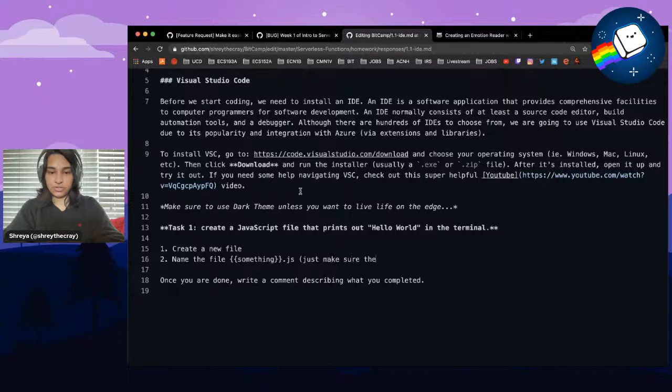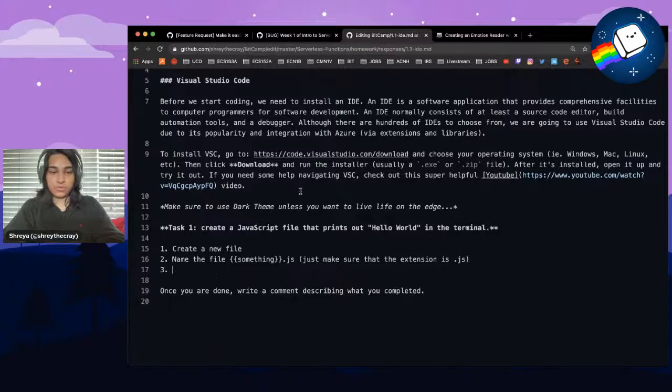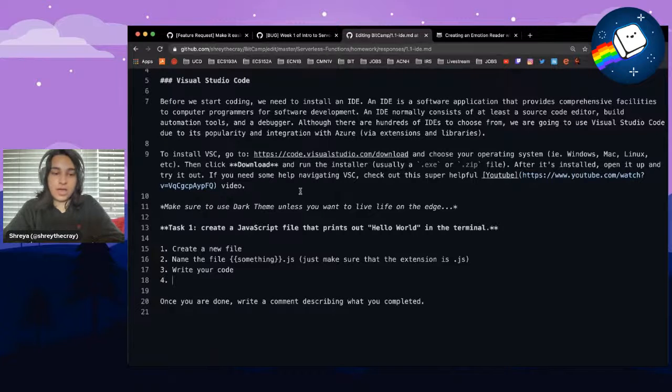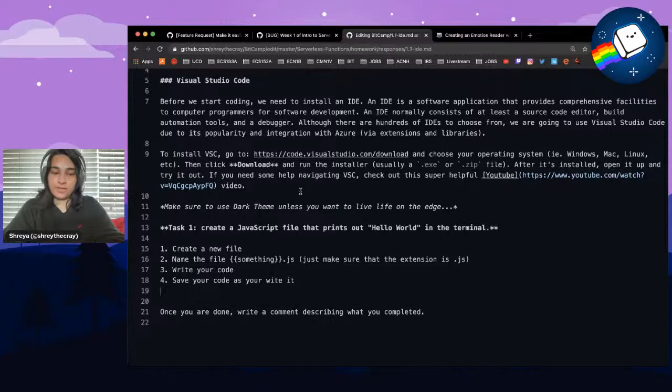Just make sure that the extension is .js. Cool. 3, write your code. 4, save your code as you write it. 5, what else? What else? That's pretty much it. Once it's saved,